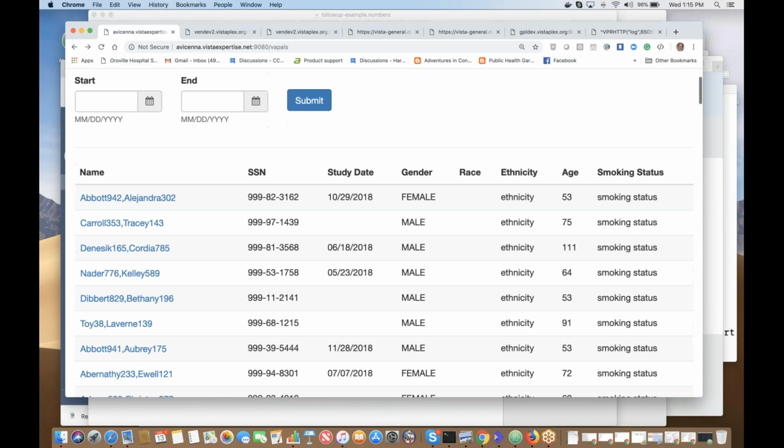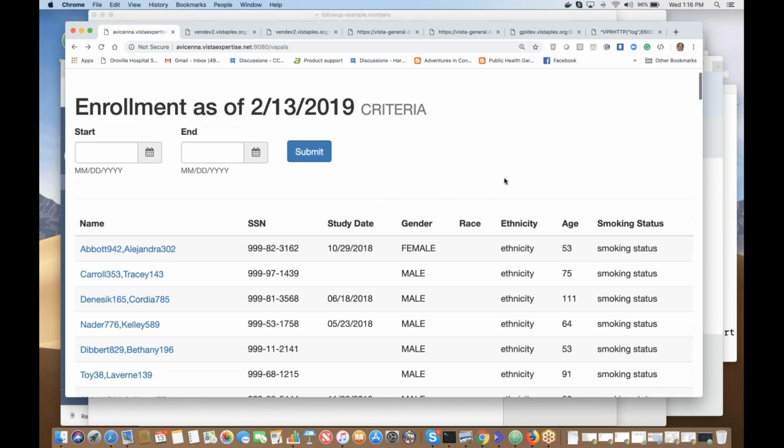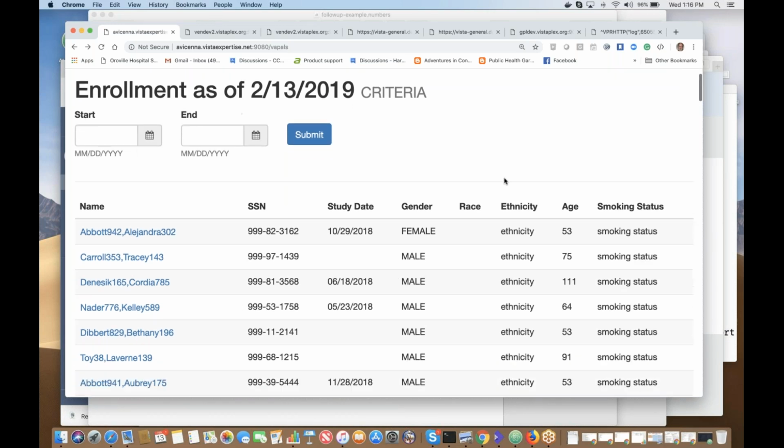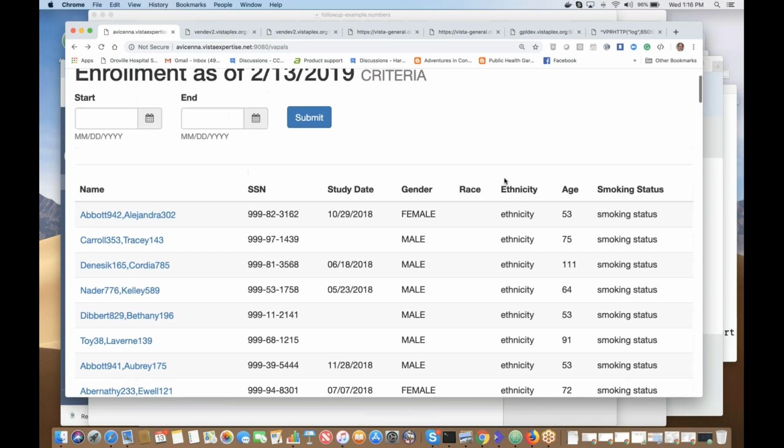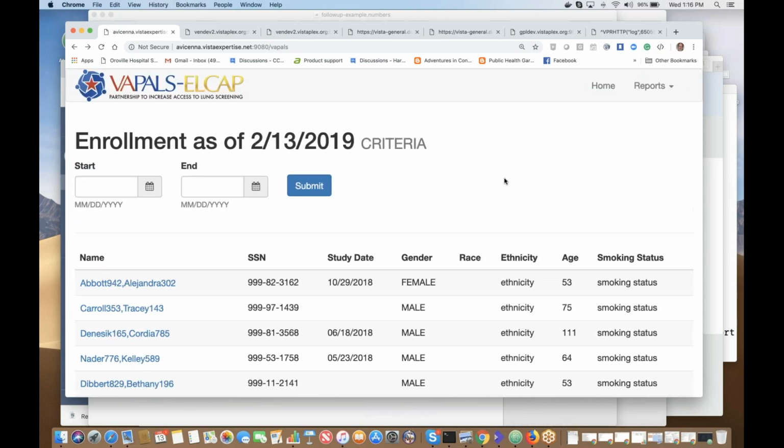Right. Okay. Now, do we need race and ethnicity on this report? On this enrollment report? Not really needed. So why don't we just take them off? Well, the only thing is that in the end, when you have to make a report, you do have to have race and ethnicity in your reports that you make for each site. So what troubles me only is that there's no field in the forms that have that information. You don't really need to have it there, except